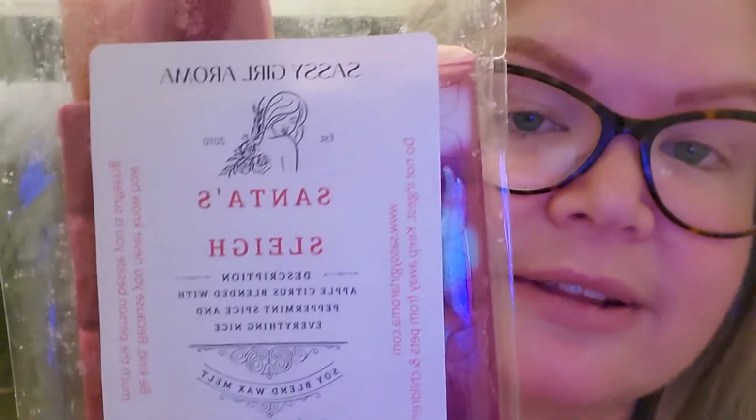Next we have, oh, this was beautiful. I love this. I wish I bought more of this. This is Sassy Girl's Santa Sleigh. And the notes in this are apple citrus blended with peppermint spice and everything nice. And I'll tell you guys,